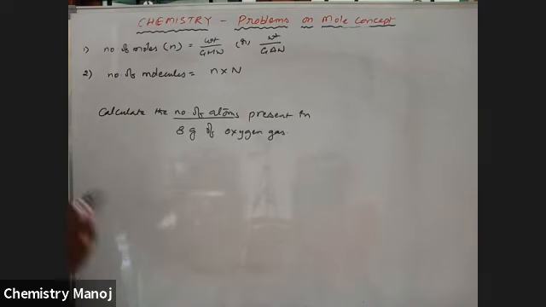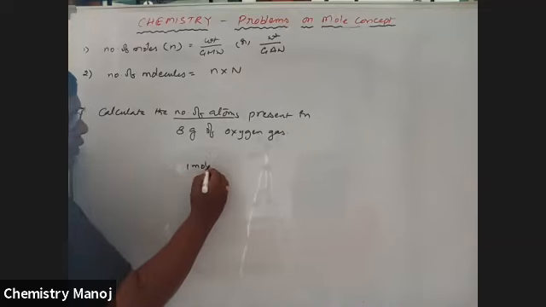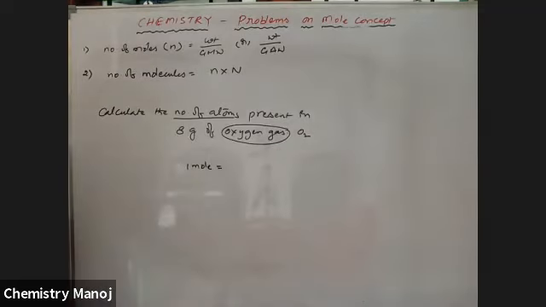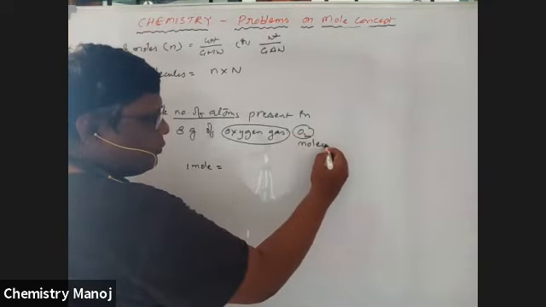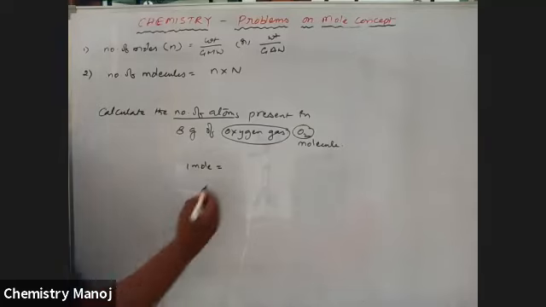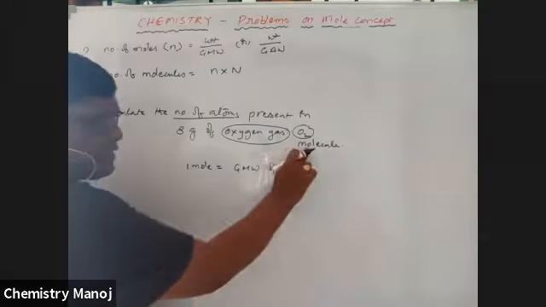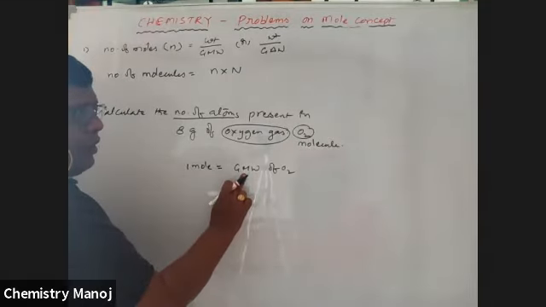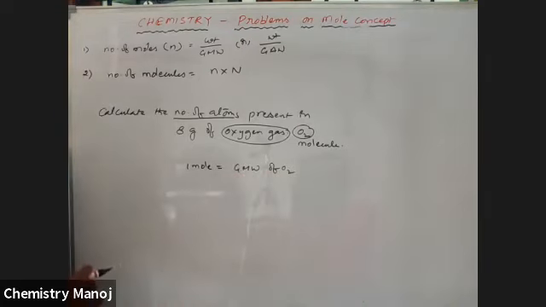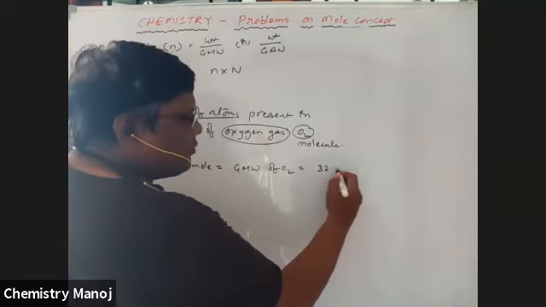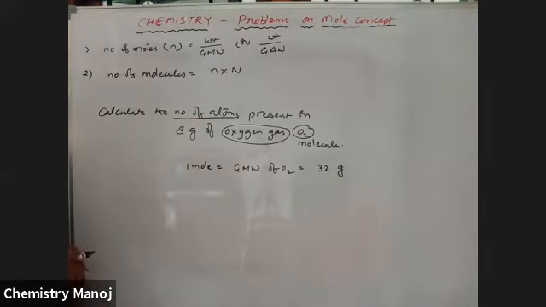Check it once again, from your known term. We know 1 mole of oxygen gas. Oxygen gas is nothing but O2. O2 is nothing but a molecule. Molecule is given. That is why 1 mole is equal to gram molecular weight of O2. Because it is a molecule, it is gram molecular weight. If it is an atom, it is atomic weight. So gram molecular weight of O2 is oxygen atomic weight 16 into 2, that is 32 grams.